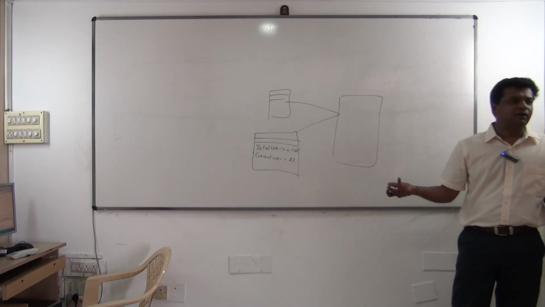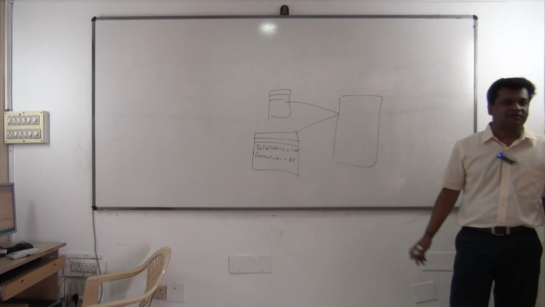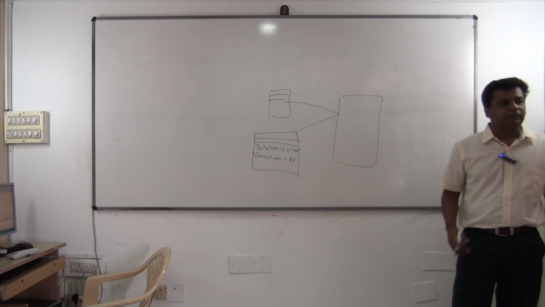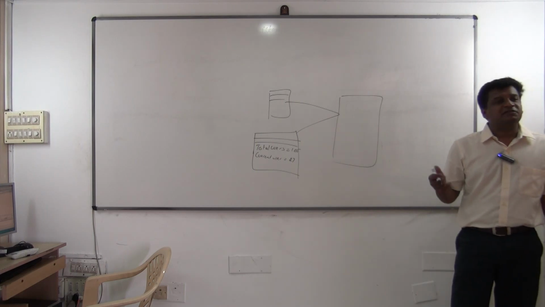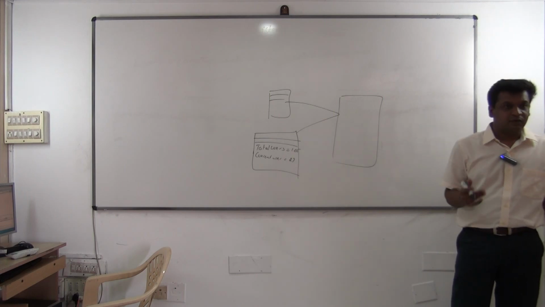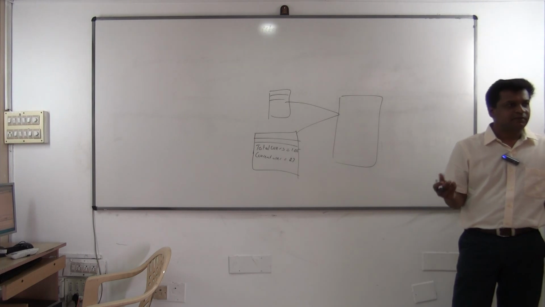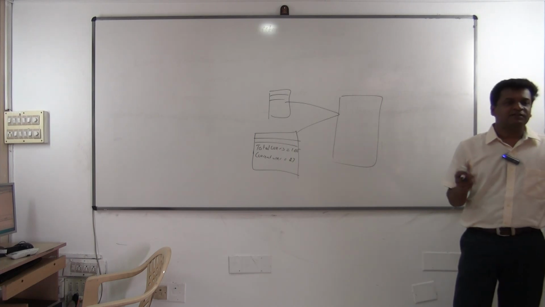Now you might be thinking it's a big logic to write. How do you keep track of all this? Very simple. What we'll do is, when the session object gets created, we'll consider that one visit has happened. One user has logged in. When the session object gets created, one user has logged in, means count one. When the session object gets destroyed, okay, fine, no problem.